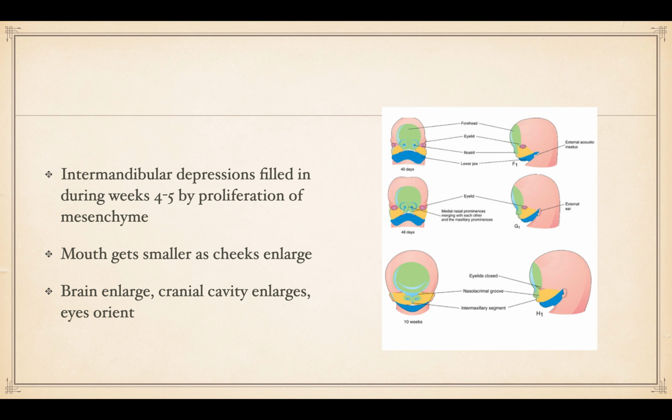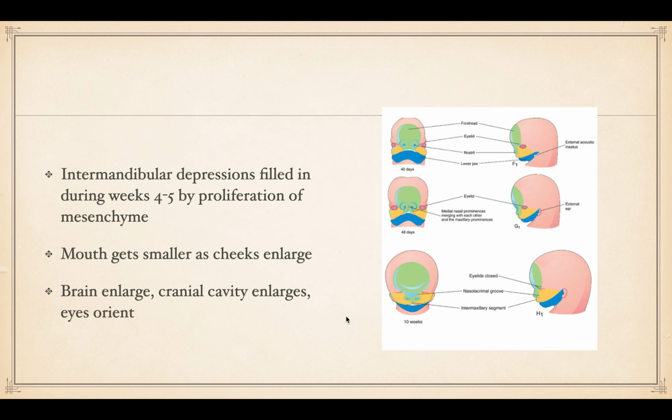The intermandibular depressions are going to be filled in during weeks 4 to 5 by the proliferation of the mesenchyme. And then the mouth will get smaller as the cheeks enlarge. And the cheeks are not really made of muscle at all. These are going to be very underdeveloped muscle until the child starts chewing and eating solid foods. It's mostly going to be made out of adipose fat,